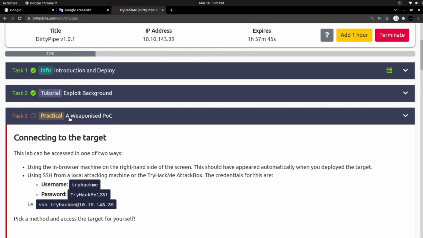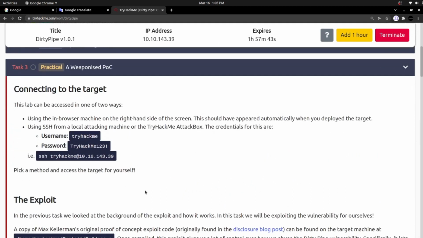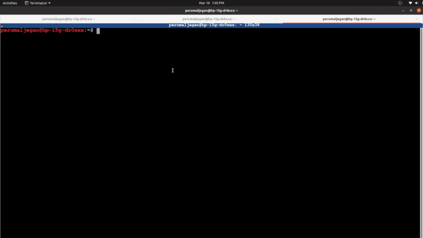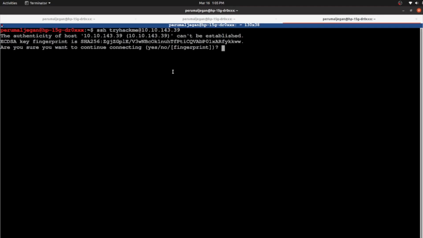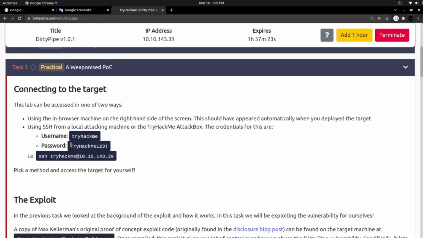And the topic is a weaponized POC. Here they gave their own machine which is vulnerable to Dirty Pipe, and we can use that specific machine to practice the exploitation. So here is the machine. Before beginning, let's start that machine, and the password is